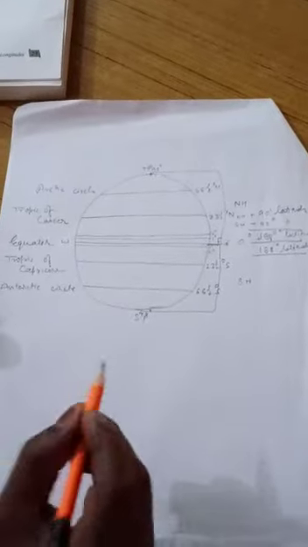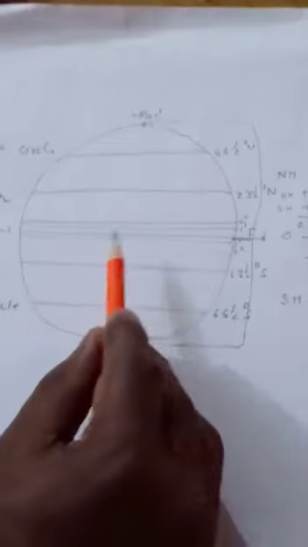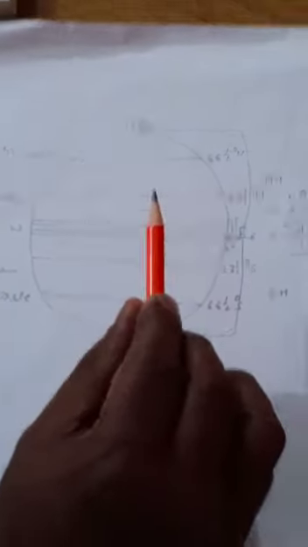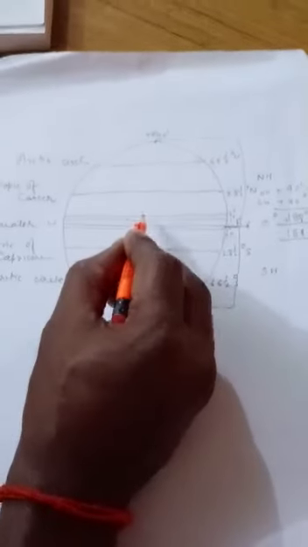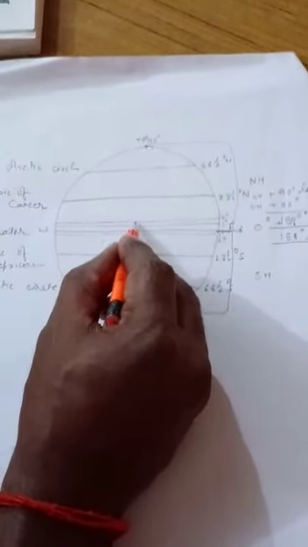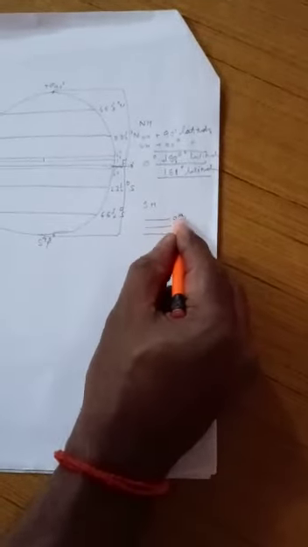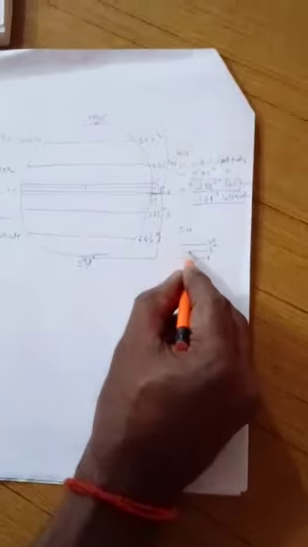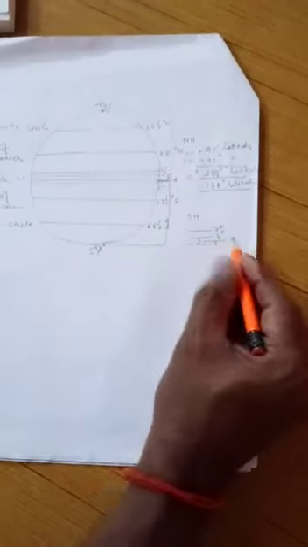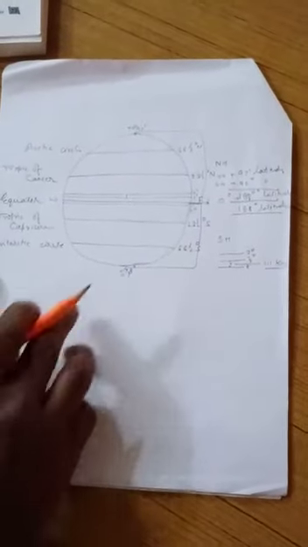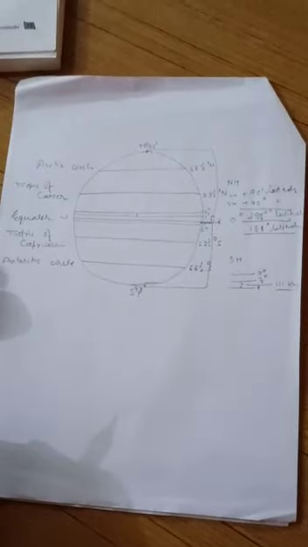So in this way this has been divided. Now one more thing I want to tell you, the latitudes which we have drawn here are great circles, and the major great circle is the 0 degree. The distance between the latitudes, from 1 degree to another degree, this is your 1 degree latitude, this is your 2 degree, this is your 3 degree, like this, the distance between two latitudes is 111 kilometers. In this way the latitudes have been divided.